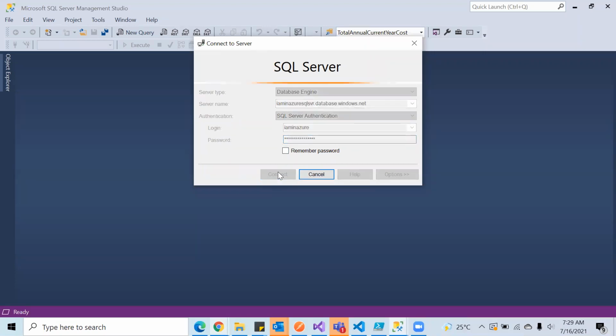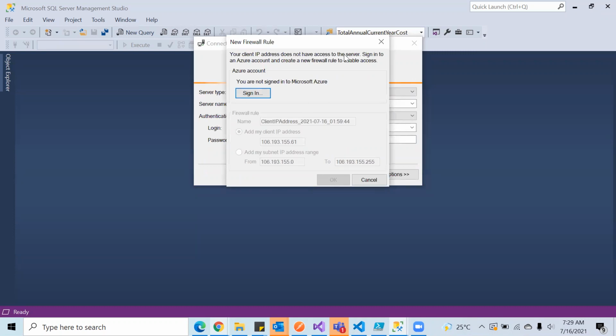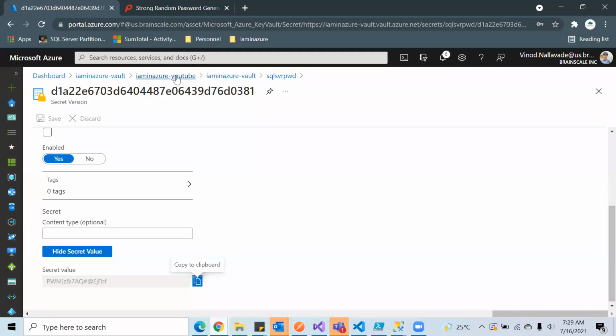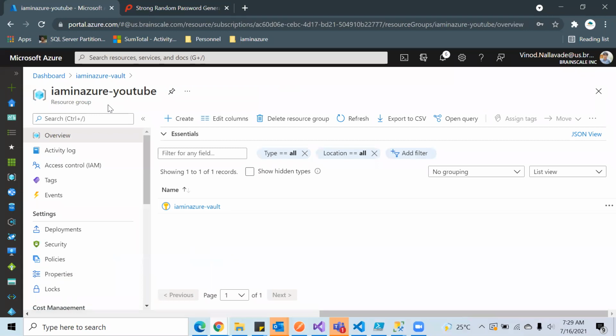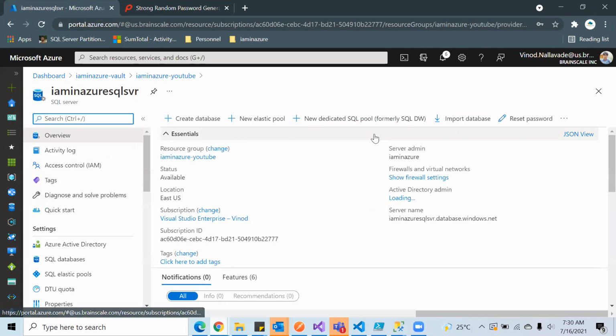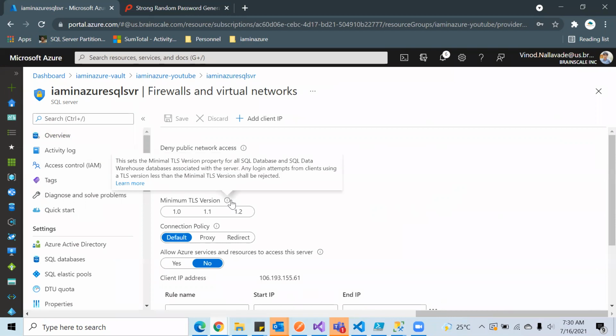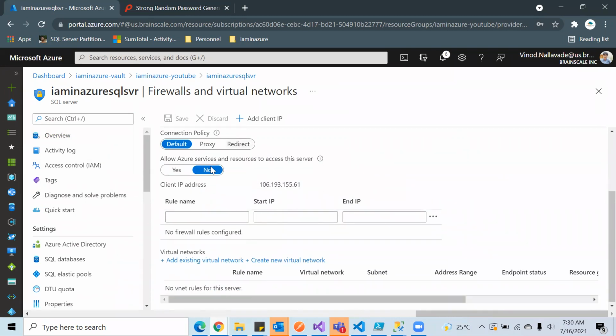So let's connect. When you try to connect, it will say that your IP was not whitelisted. So I will try to whitelist that first. To whitelist your IP, you have to go to your server and here show firewall settings, and you're gonna add your IP.